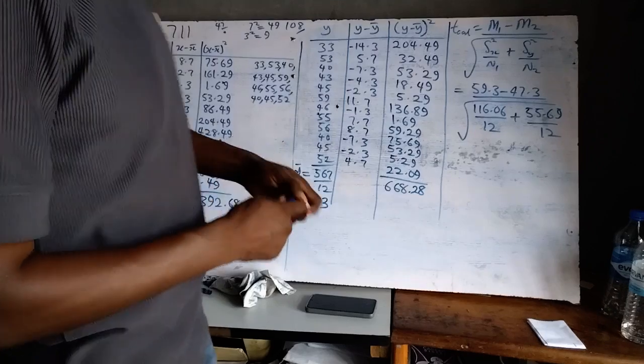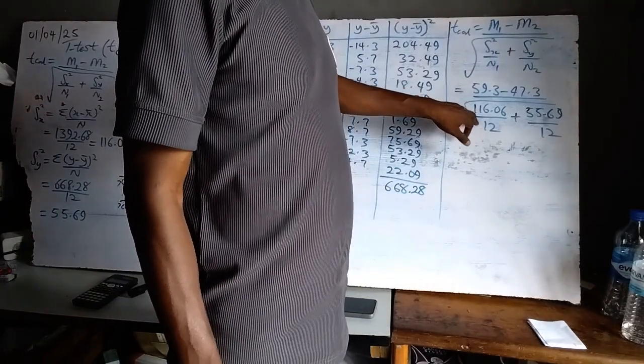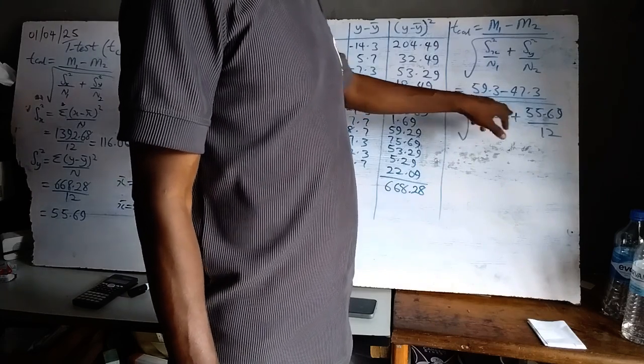So we can either solve this divided by this, then add it to this divided by this,